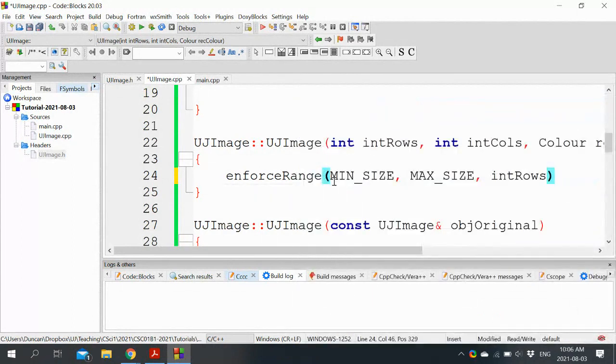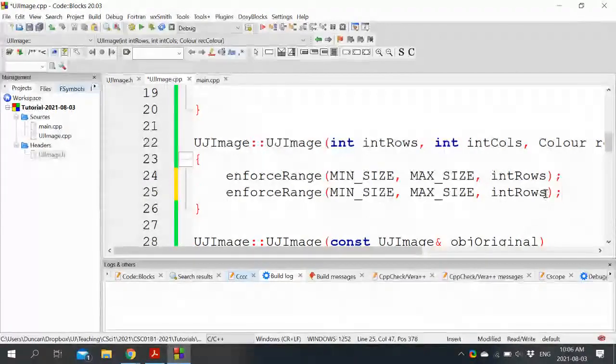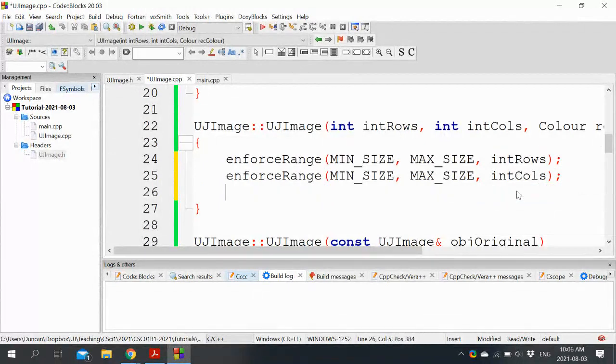I feel like I normally do the value at the end now that I look at it, but it doesn't really matter. So we've done that for rows, done that for columns. Now that rows and columns have been safety checked, we can safely allocate them.